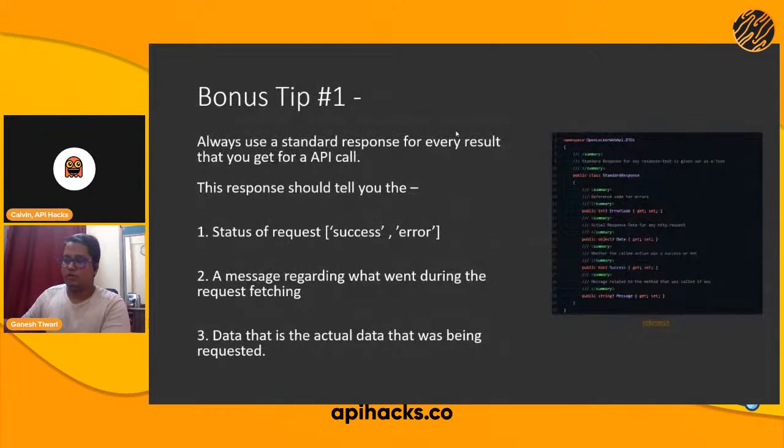And then we are almost at the end of this. This is all the things which I have personally learned; you might find it somewhere, you might not, but this is my personal tip. When you are designing an API, make sure that you have a standard response that you send every time. If you are requesting something, you send the same thing, and if something goes wrong, you send the same response. The structure should be the same,